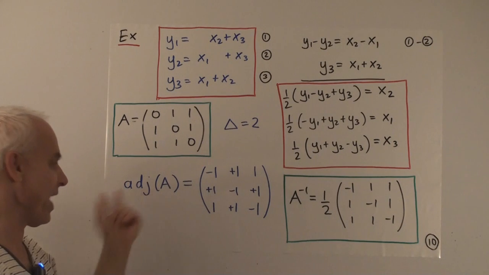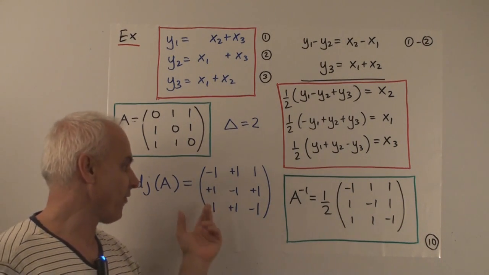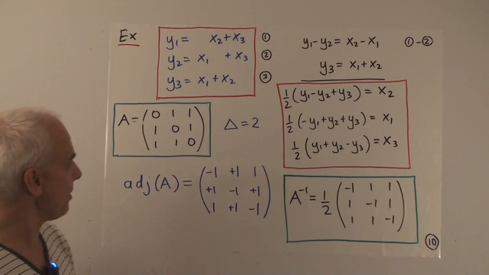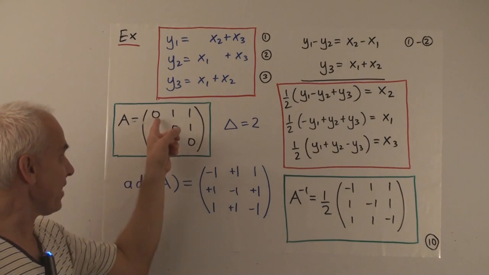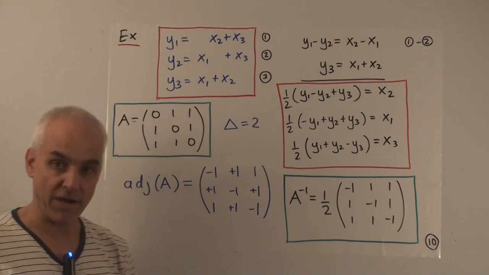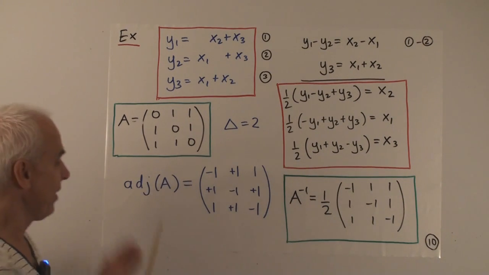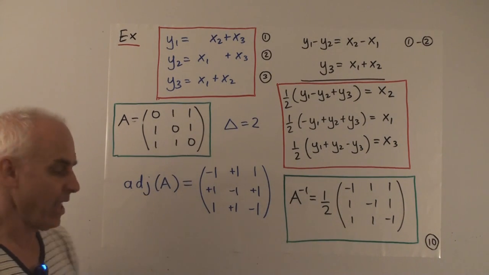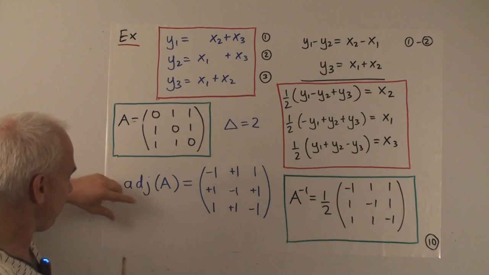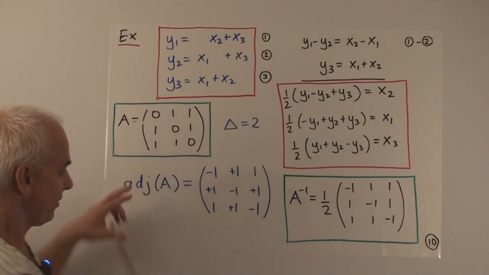And then we form the adjoint. Okay, and this involves a number of steps. I sort of combine them here. First, what you have to do is you have to find the determinant of each minor. Okay, so it's probably good to do that separately in the corresponding position. And then you take the transpose, you flip the rows and columns.